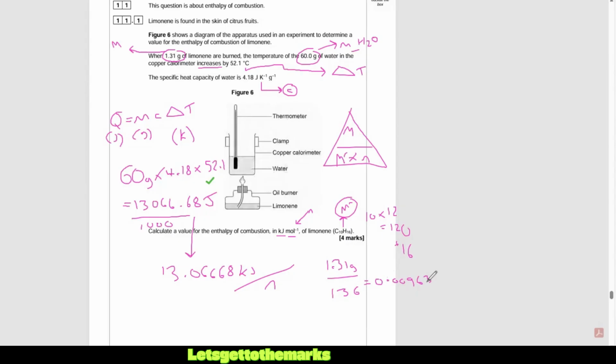Whatever it is, keep that in your calculator. That is your moles of limonene. So now we need to divide that by that, and that is going to equal